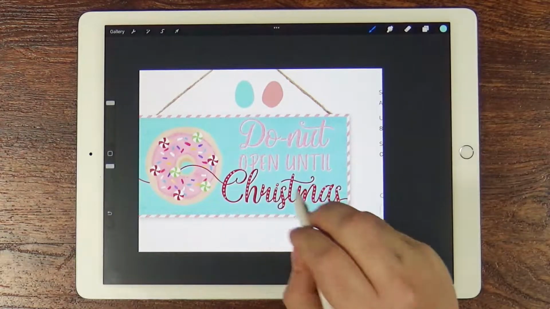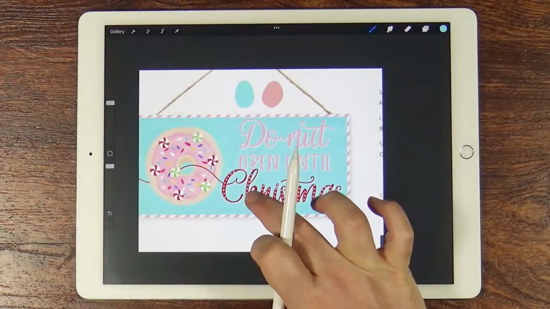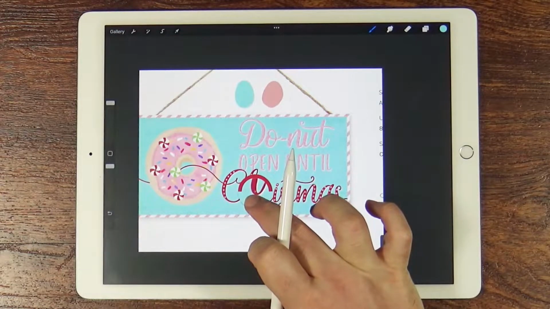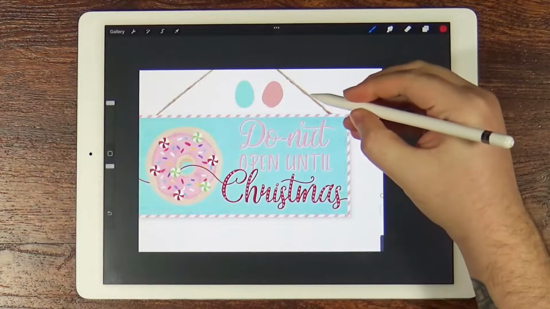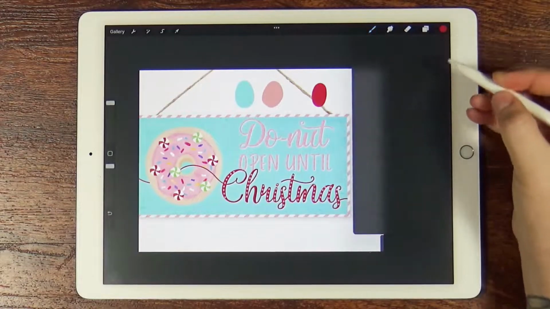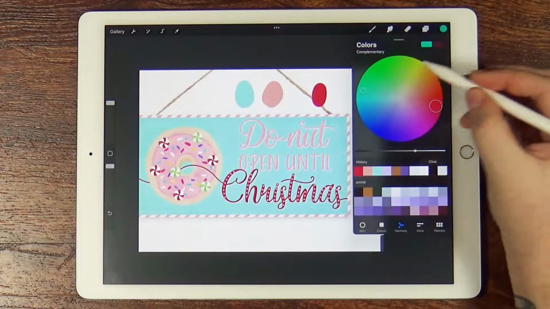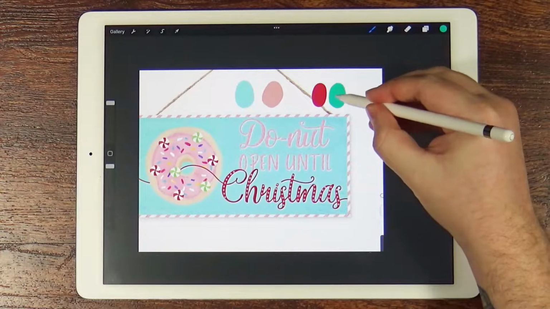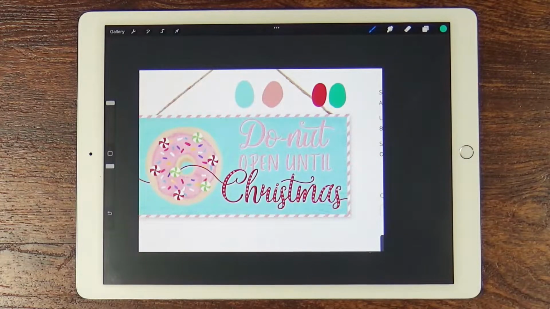So we got that color. I'm going to come down here, and if I hold my finger over the sign, I'll get the red. I'm going to put a little smudge of that right here, come over here, and this is going to be the complementary color to that. Okay? And I think our third color that we would get,